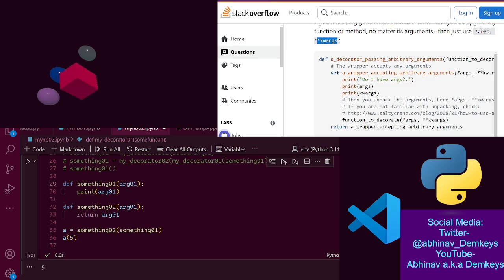The difference between the arguments list and the keywords dictionary is that with an arguments list, it's just a list of values that you provide, and with the keyword args dictionary, it's a dictionary, so you're able to associate a key with a value,